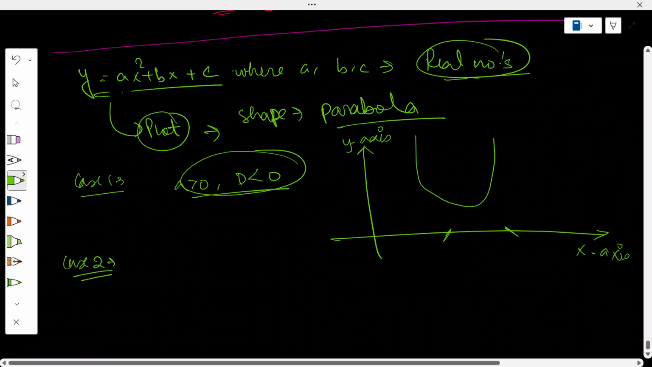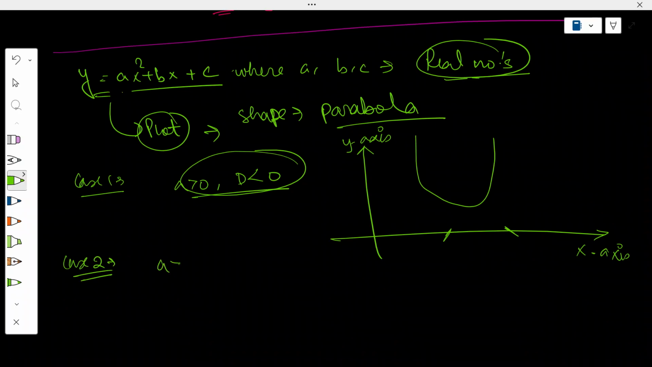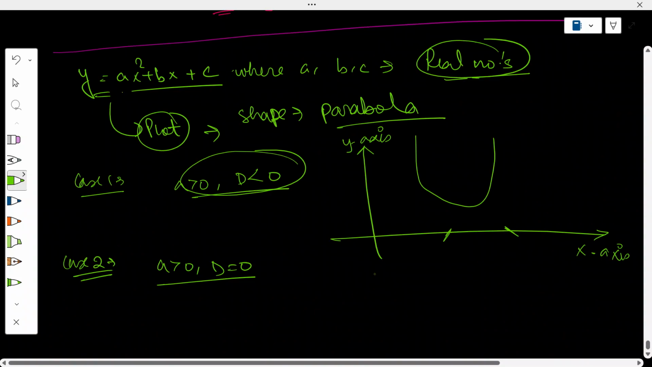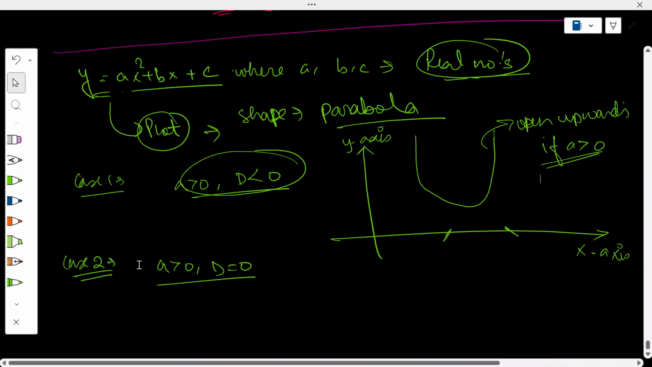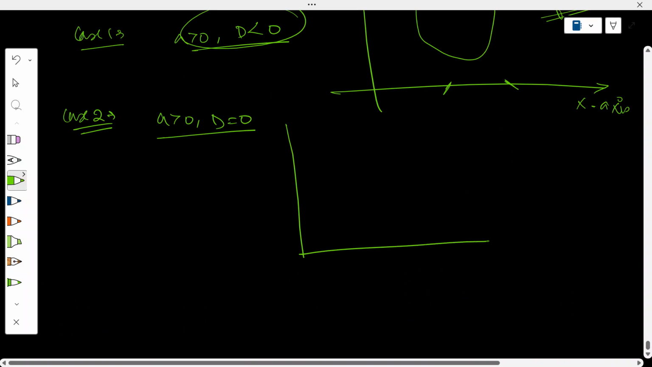So now let's look at the second case. The case is where a is positive and d is 0. This means that we have an upward opening parabola, which opens upwards if a is positive, and if a were negative then it opens downwards. So since a is positive and d is equal to 0, we can say that the graph would be like